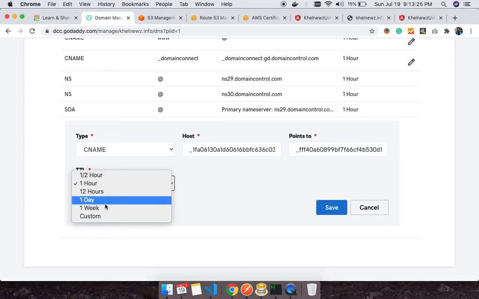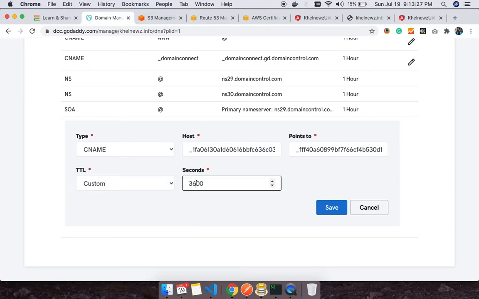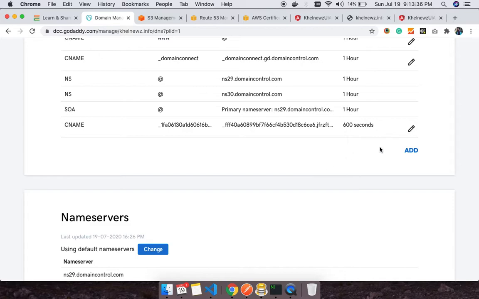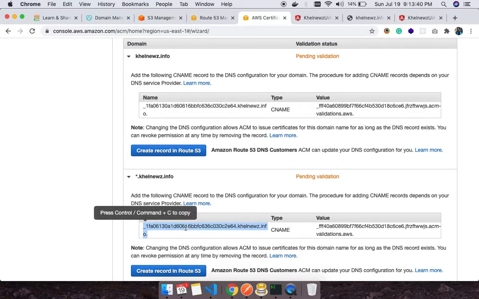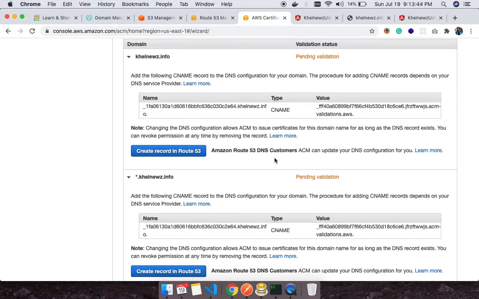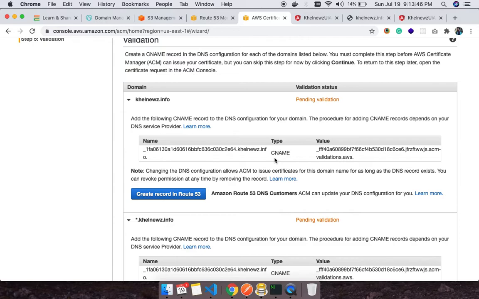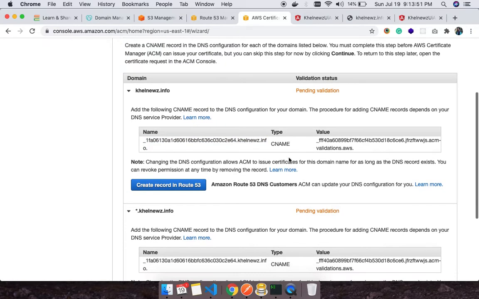So TTL, I'll keep custom at 600 seconds, so that within 5 minutes this will get validated. I'm going to save this, and I believe the other one has the same name. Yes. Now you may wonder why there are two entries, though the CNAME type, host and value are the same.